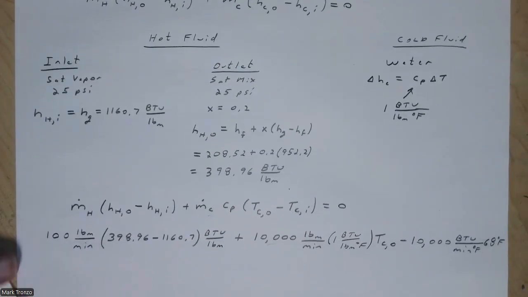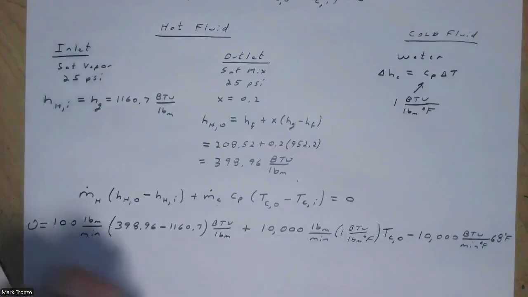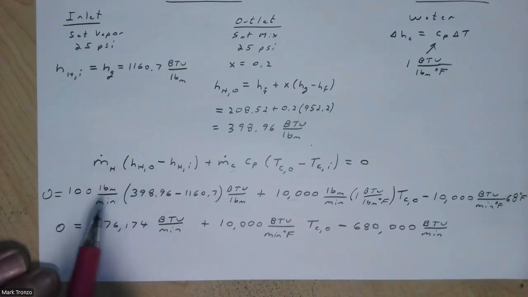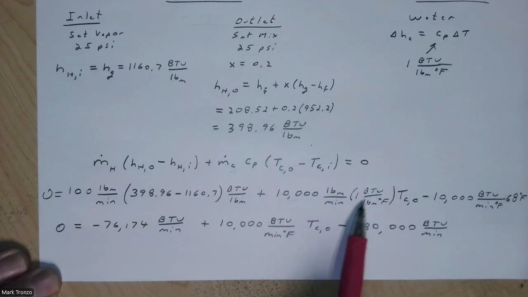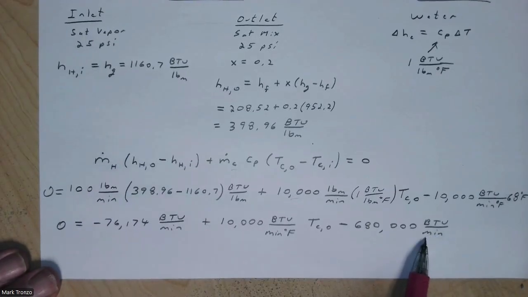Like this. And that's all equal to 0. And multiply these through. So we multiply this out here, we get negative 76,174 BTUs per minute. And of course, over here, this is going to be 10,000 BTUs per minute times T_CO. Over here, we get 680,000 BTUs per minute. And so if we combine these two here and divide through all the BTUs per minute